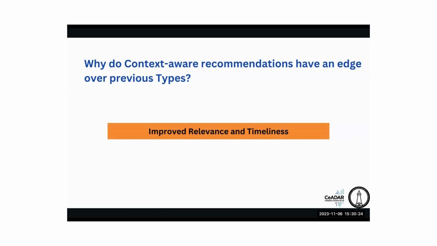The next important thing is improved relevance and timeliness. A context aware recommendation system can provide suggestions that are more relevant to the users for the immediate situation. For example, a user needs to find a restaurant, and needs to know whether the restaurant is open or closed. Now the third dimension comes into place: the timings, the locations, the opening and closing of the day, or whether it's open only for the evening or only for the day. That information is utilized here to provide much more effective information for a recommendation system.